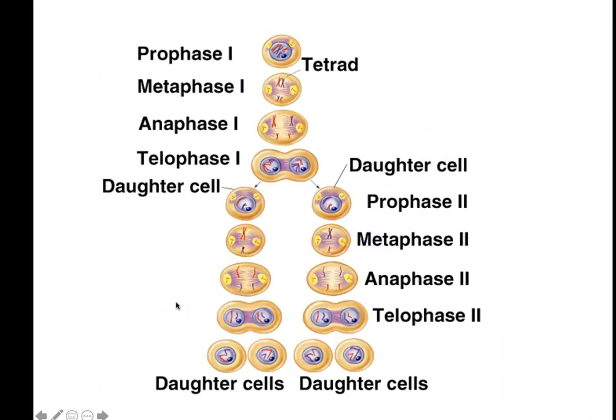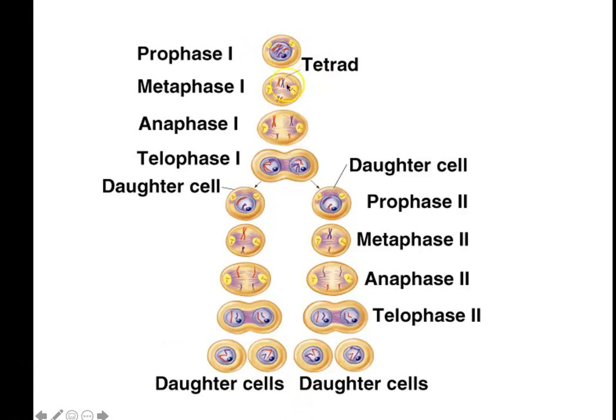Okay. And next we can talk about this overview of meiosis. And so I'm not going to go into too much detail because you've had this in a previous class. So if you have a good memory of this, that's great. If you need more review, please take that time. But I'll remind you that to get to daughter cells, we're going to get 4 daughter cells from 1 parent